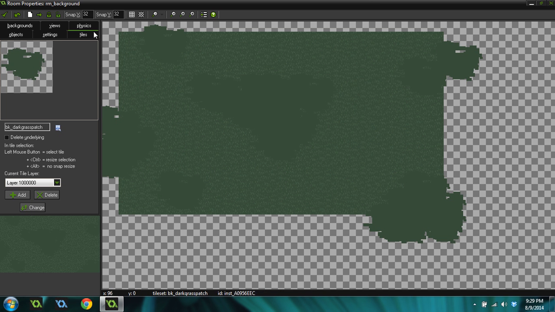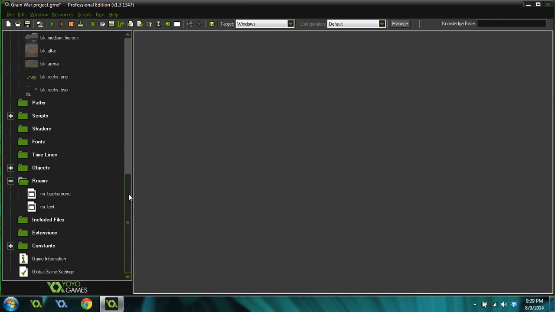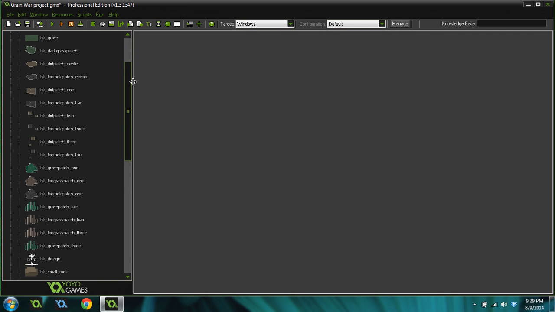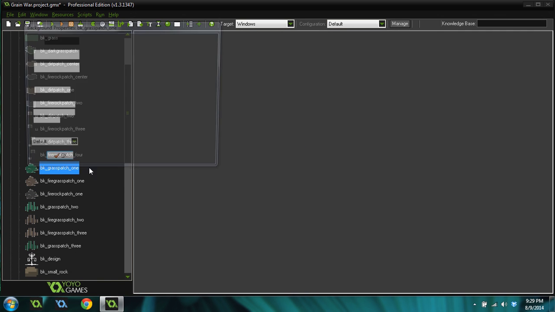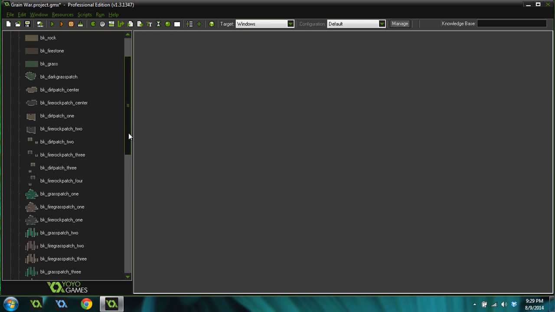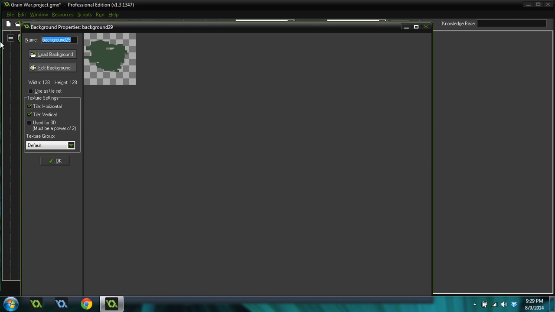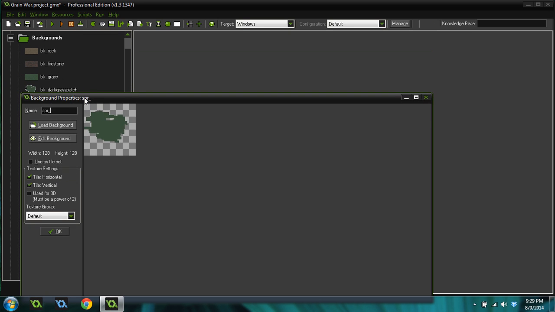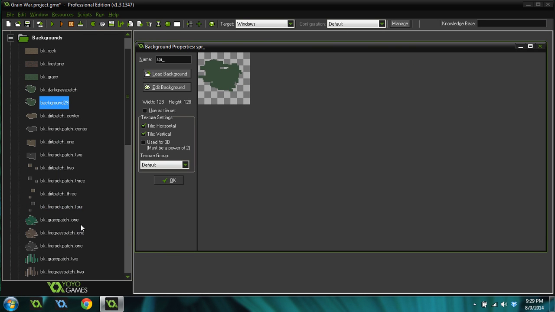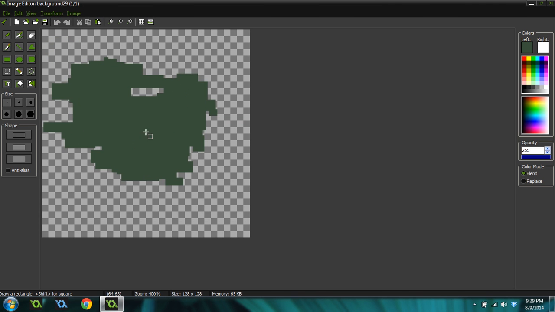So, okay. And then usually I'll make, like you can see, these are some of my other ones that I did, but usually I'll also duplicate this sprite, and what did I call the other ones? I want to keep my naming conventions similar. Just another patch. So dark grass patch two. Yeah. So, and then I'll come into here, and I will